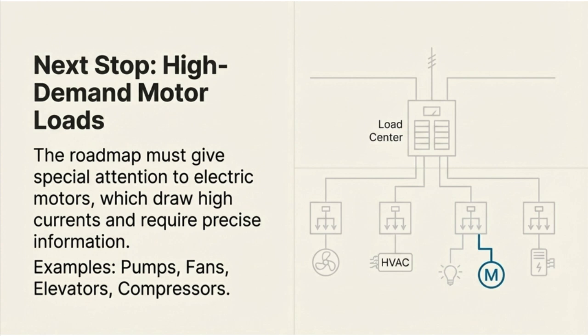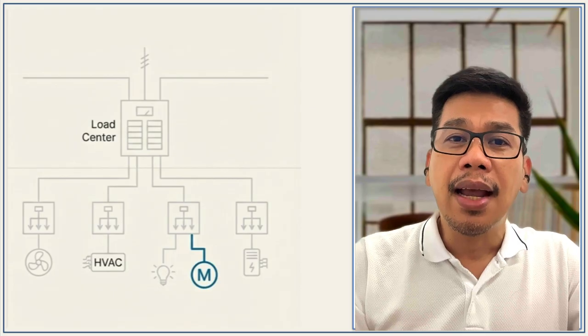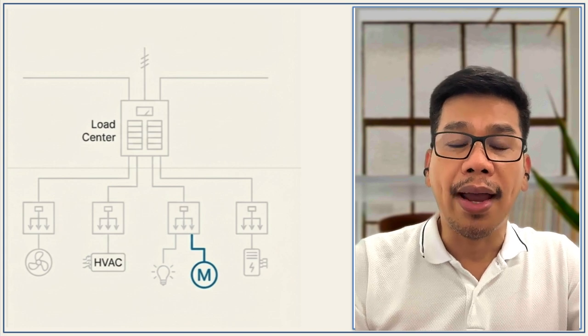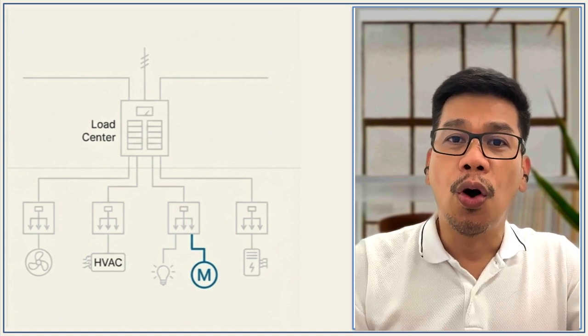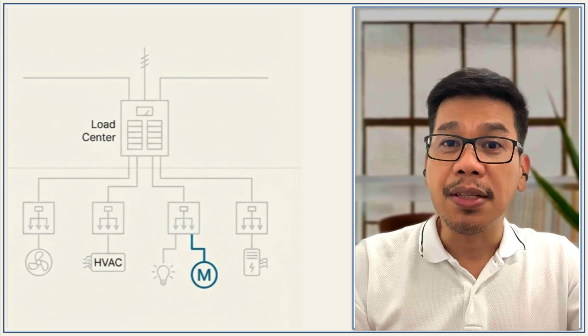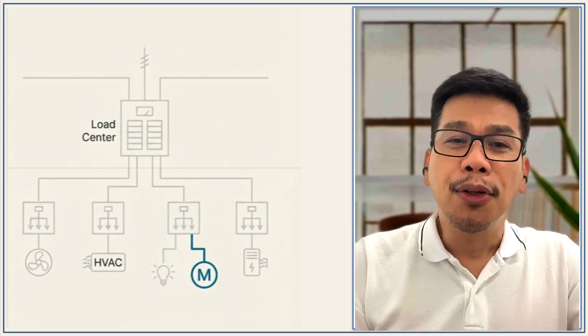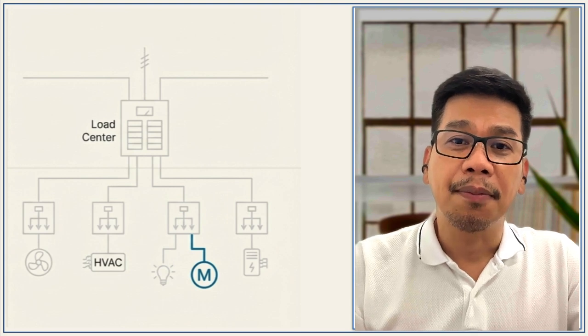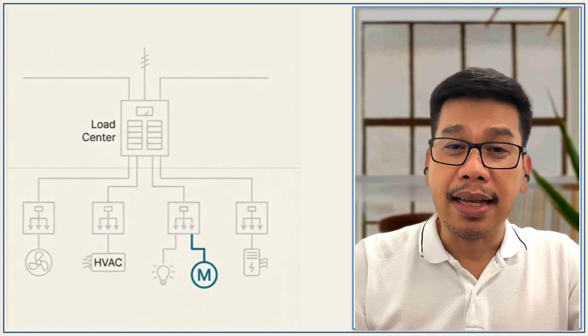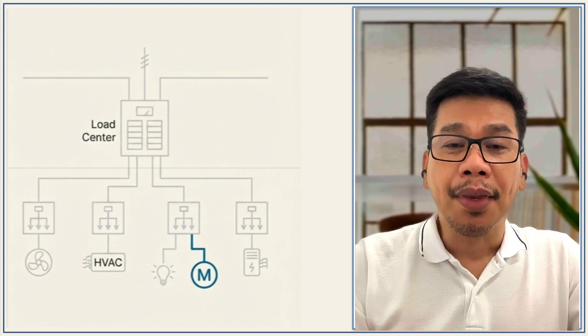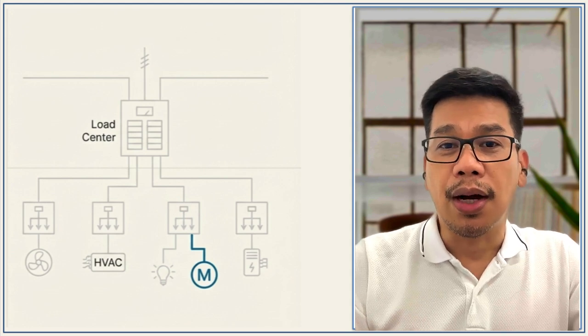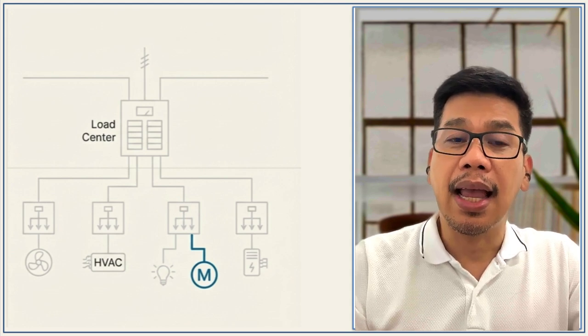Okay, let's go to the high demand loads like motors. Motor loads require special attention in the one-line diagram because they have unique characteristics. Unlike other loads, motors draw high current during startup, or the inrush current, which must be considered in the design. Ang motor kasi iba yan. Malaki ang spike ng kuryente lalo na sa start. Possible na mag-trip ang isang system o ang isang protection pag in-start ang motor at dapat properly sized ang protection